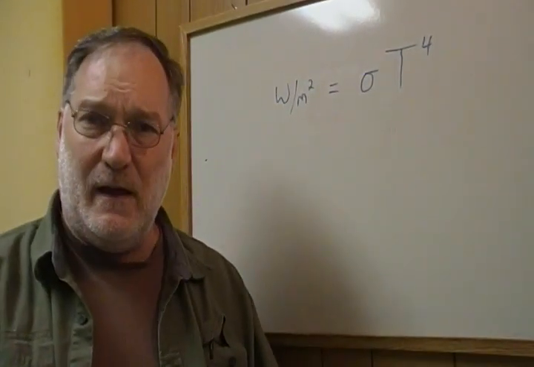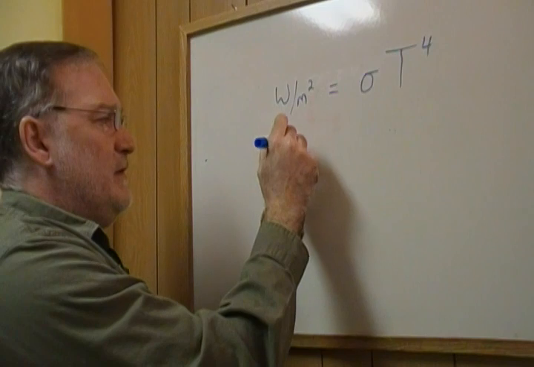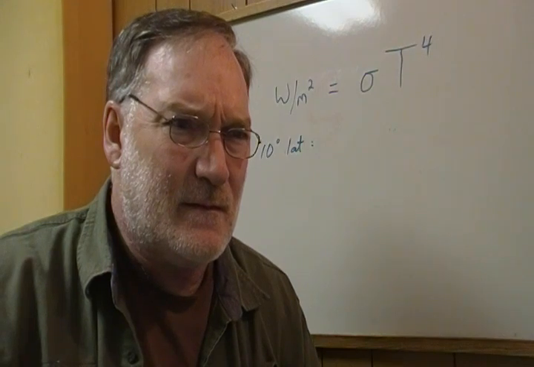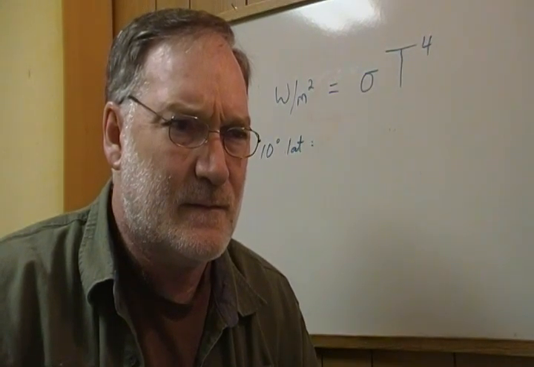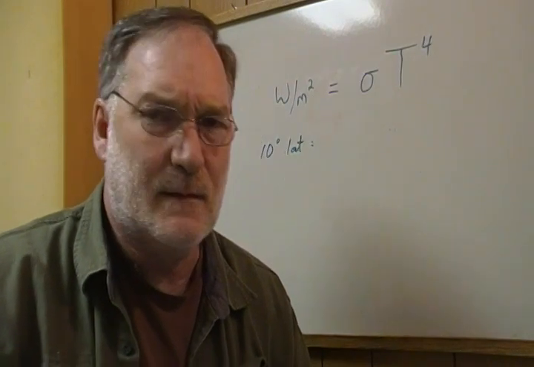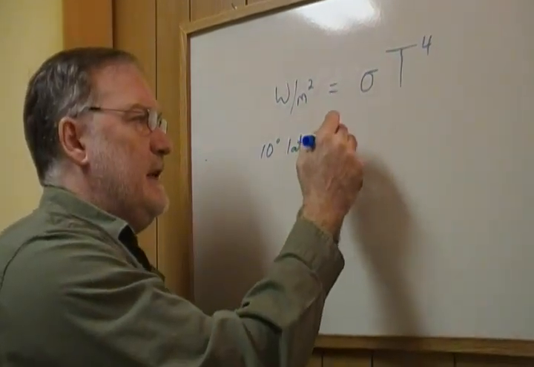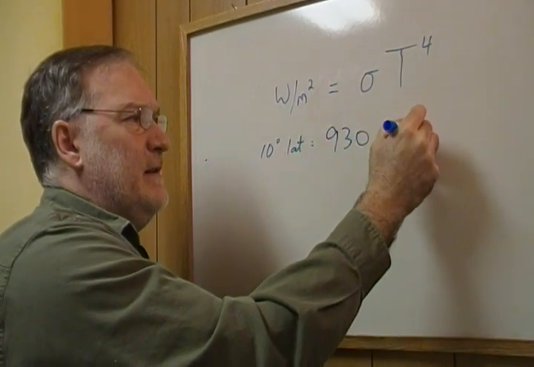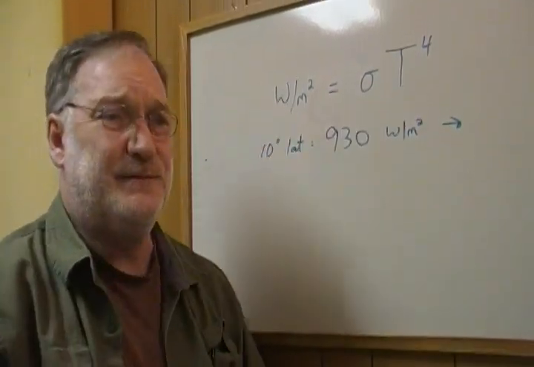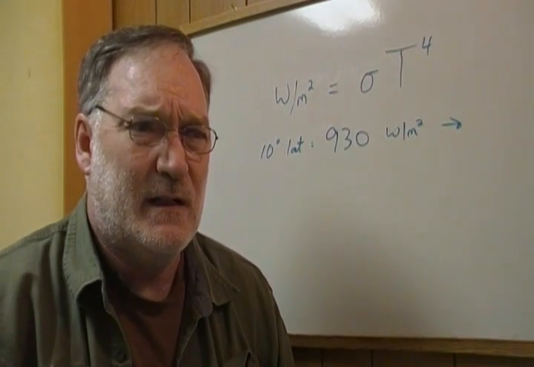Now, we'll start with the radiation from the sun at 10 degrees latitude. The radiation from the sun is 930 watts per square meter. That, when you put it through this formula, that amount of radiation corresponds to